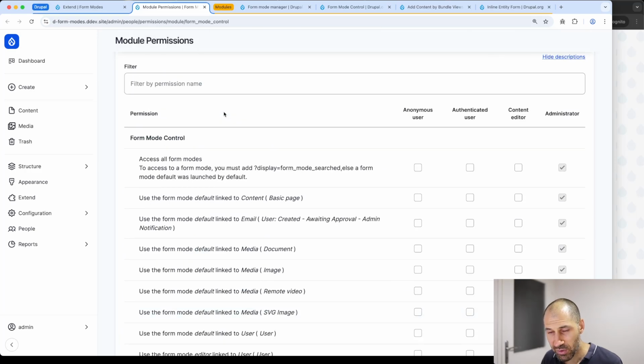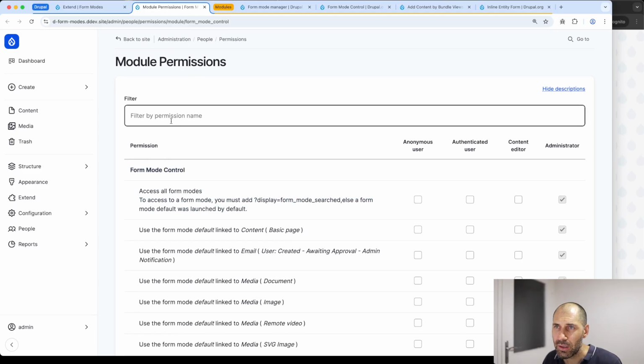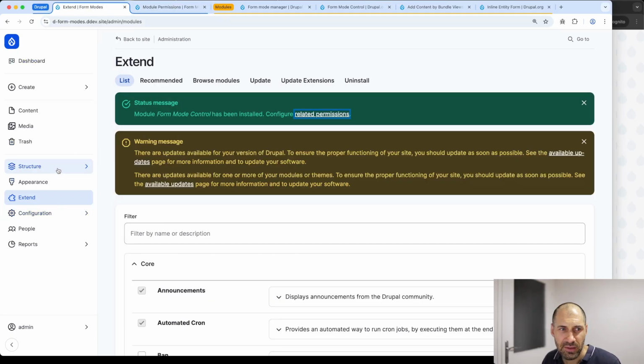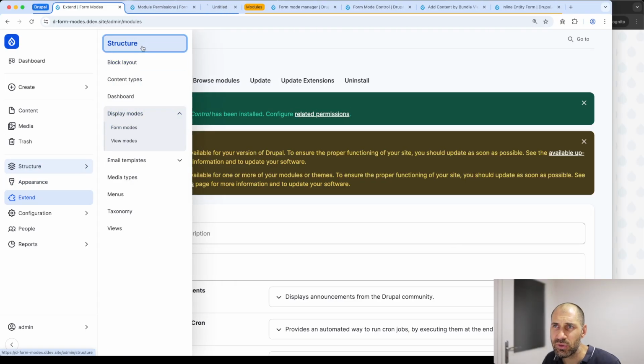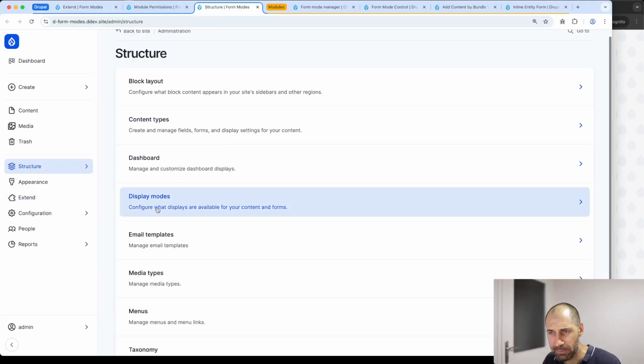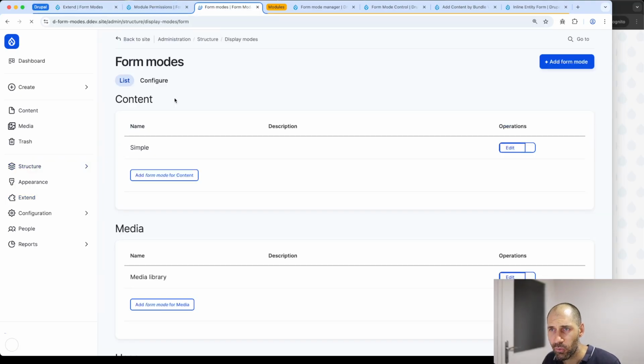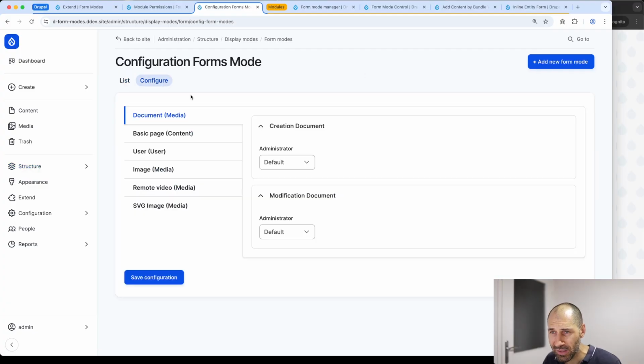Again, the permissions do play an important part. And let's go to structure, display modes, form modes, and you should see configure. And if you click on configure,